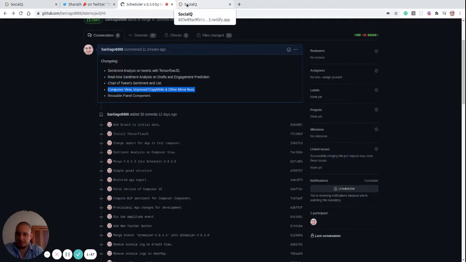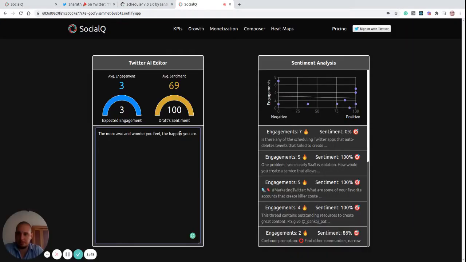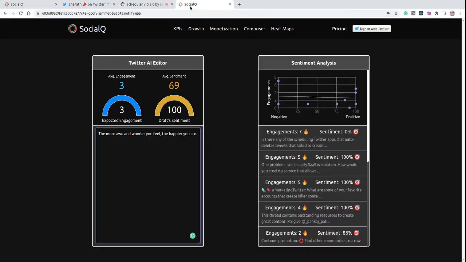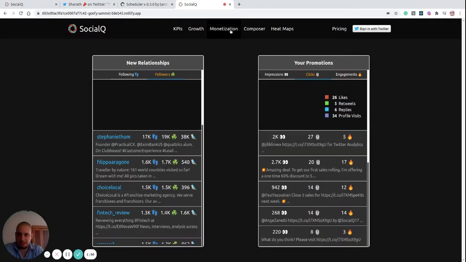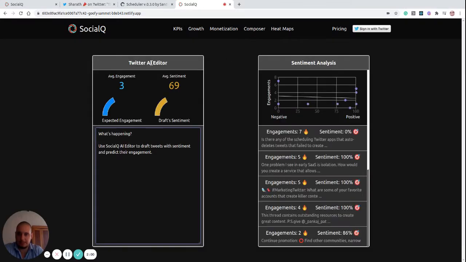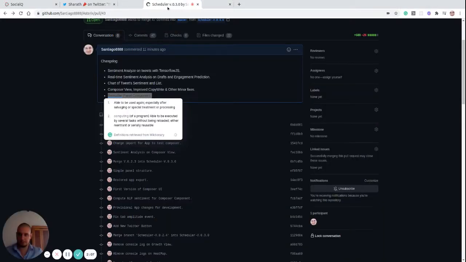Minor fixes to the code from the REST application. It's not important in this case. And the reusable panel component: I've been using this panel for a couple of views, but for the first time I created a standalone panel component. So just to look at the code,